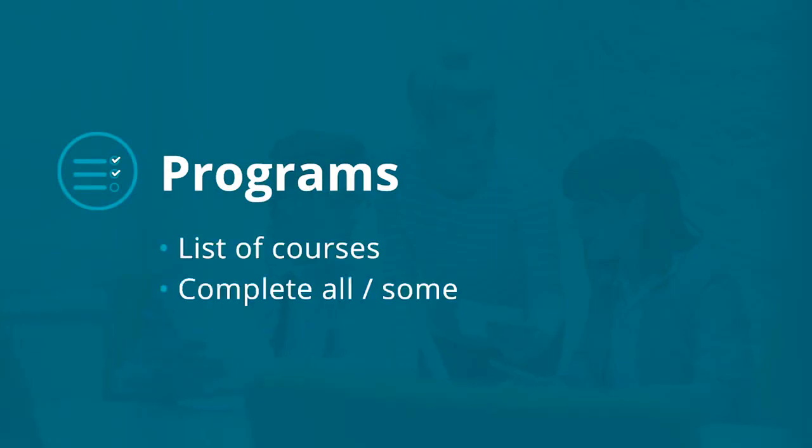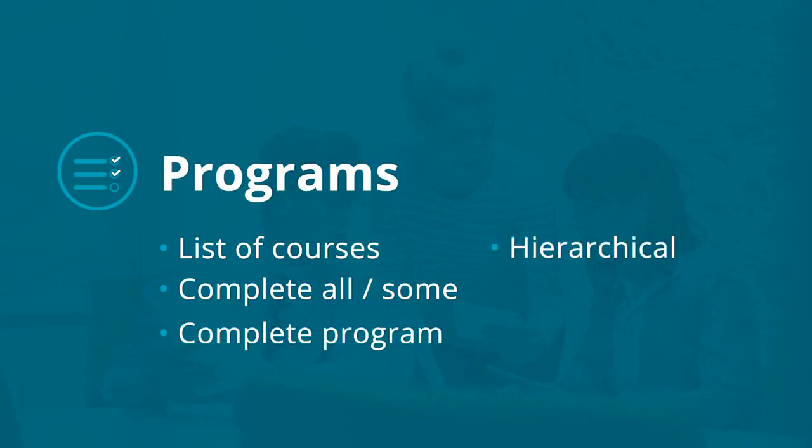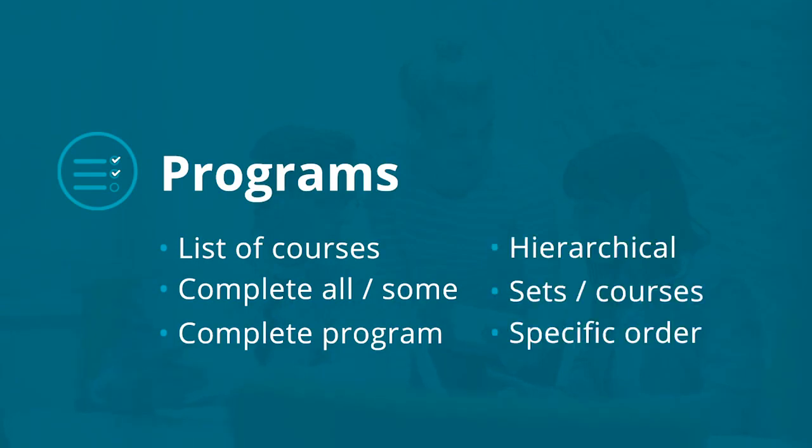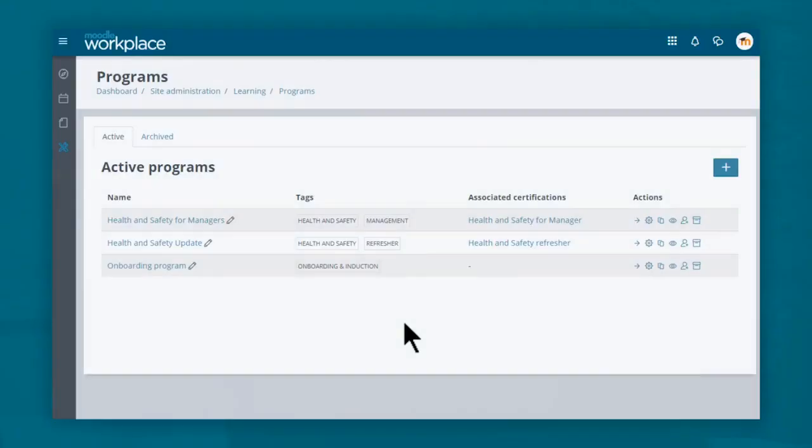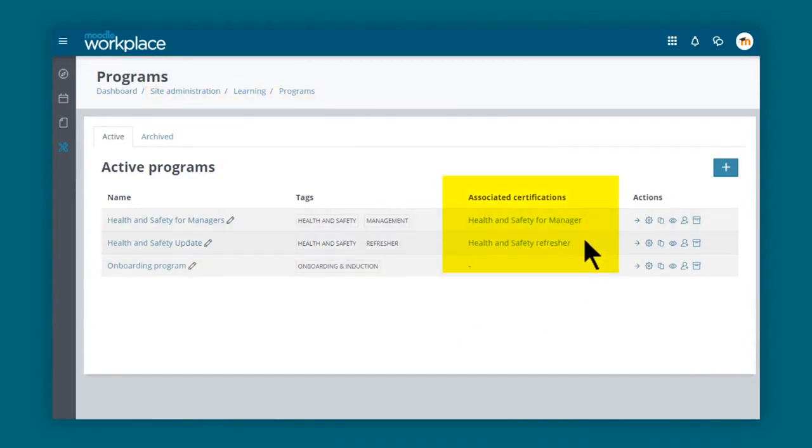Programs are entities that contain a list of courses and require learners to complete all or some of these courses in order to complete a program. These courses can be grouped into a hierarchical structure of sets and courses and can be arranged in a specific order within the program. From site administration, learning, programs, the admin can, amongst other things, check if a program is